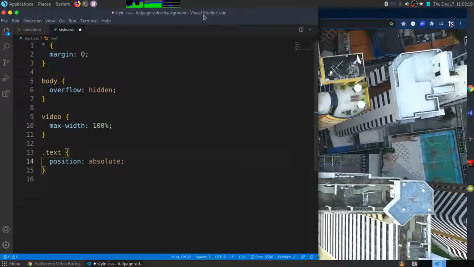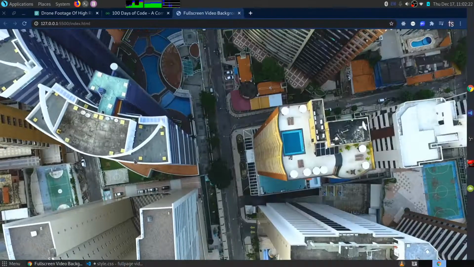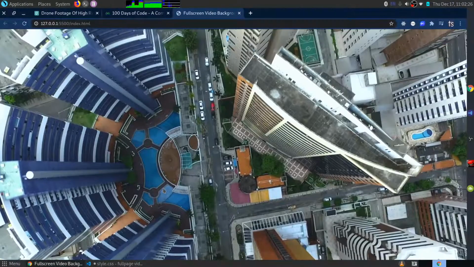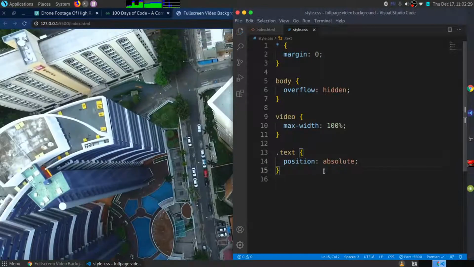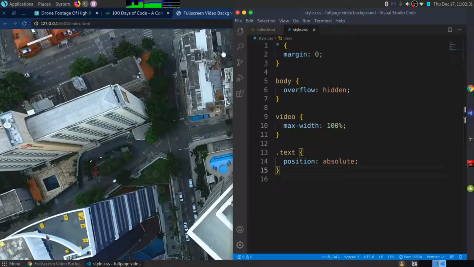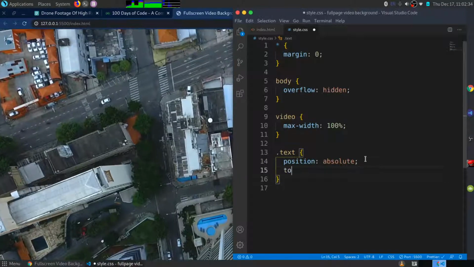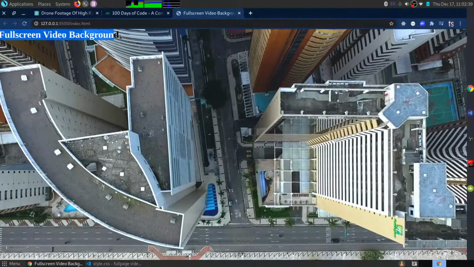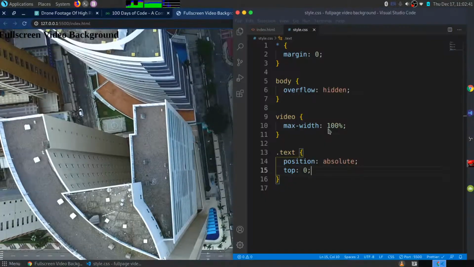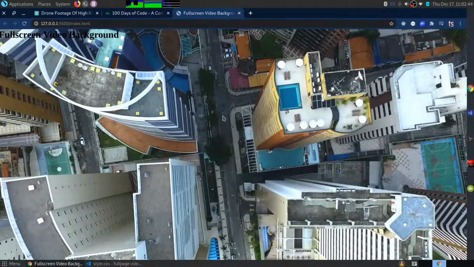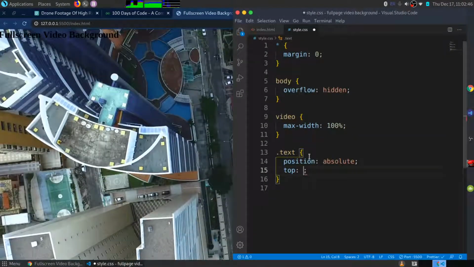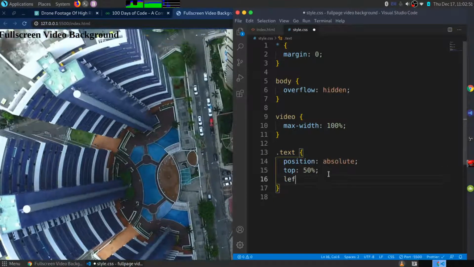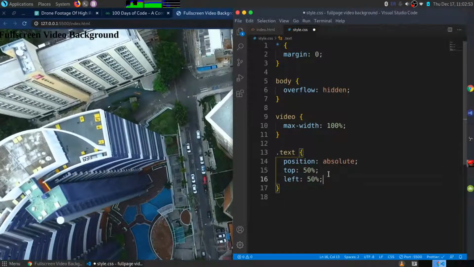What position absolute will do is position it absolutely. It won't take up any of the space of the browser. Once I save that, you'll notice that nothing happens because it's still technically at the bottom. So I'm going to say bring it to the top by 0, and you see it's this one right there. This is the text that we need. So I want to actually place it in the middle, and using position absolute, we can say top by 50%, which will move it 50% from the top, and we can say bring it to the left by 50%